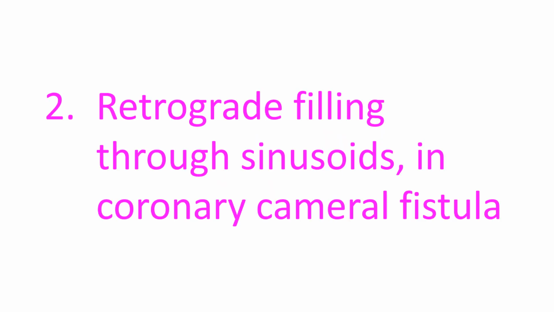In large ventricular septal defect, even if the usual shunt is left to right, during pressure injection, contrast can escape from the right ventricle across the ventricular septal defect into the left ventricle and then to the aorta and coronary arteries. Another possibility is retrograde filling through the sinusoids in coronary cameral fistula from a coronary artery to the right